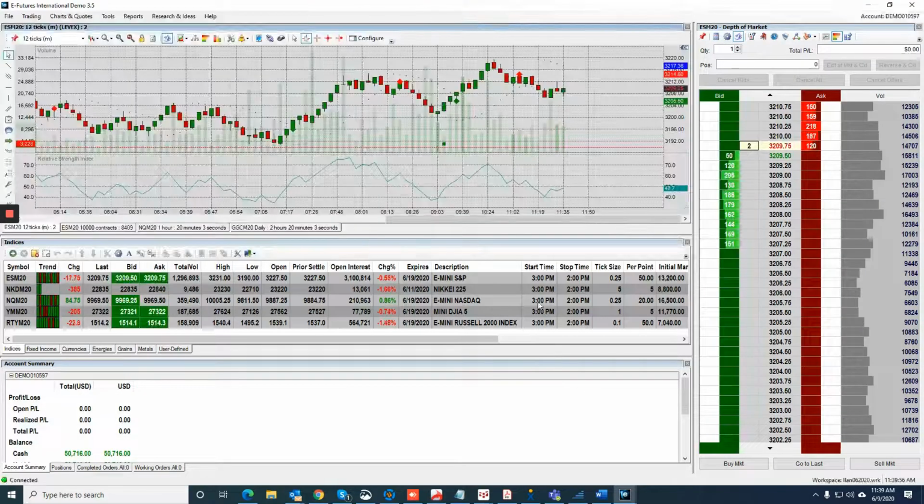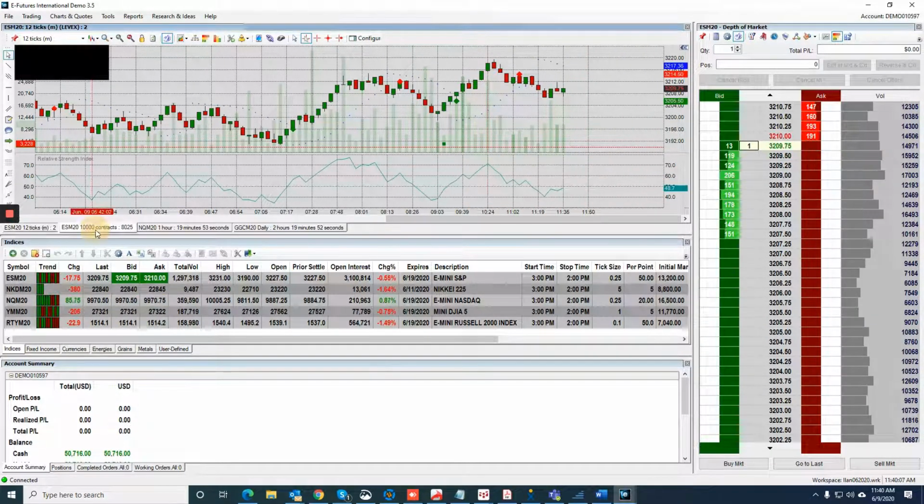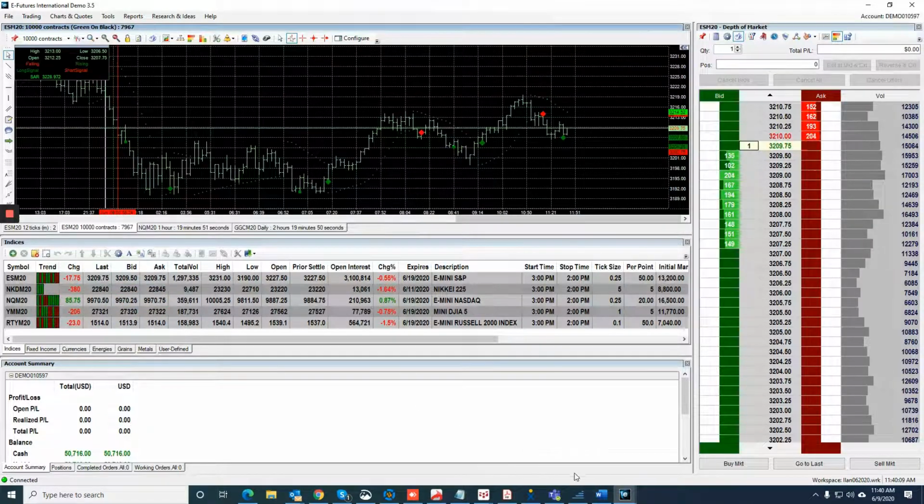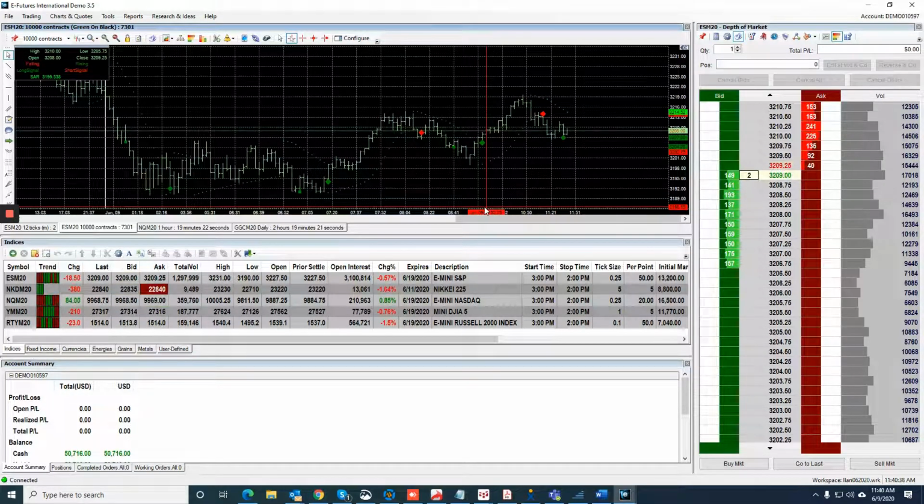Hello everyone, just real quick I want to share a concept on using range bars or volume bars rather than time charts. And I'm going to look here at the mini S&P and see if we get any signals. So again, if I'm short-term trading, I don't like to use minute charts or 5 minutes or 6 minutes or whatever it is, simply because you have to wait for 5 minutes before something